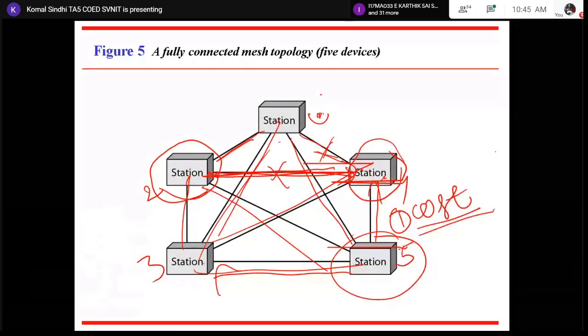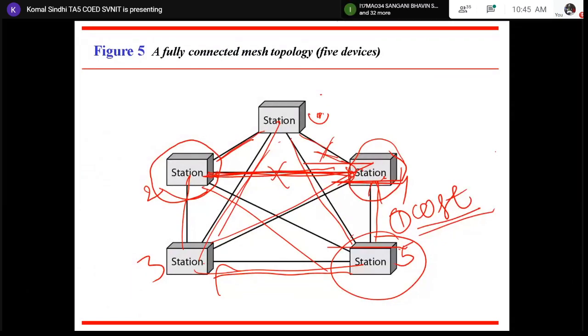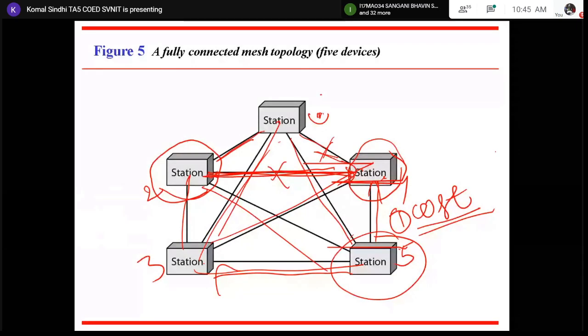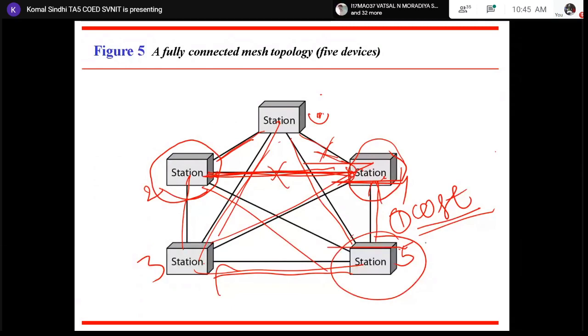Because we already know that to connect n number of stations, we need n into n minus 1 by 2 links, right? So that is a very, very high number of links. And so the installation is also tough, right? In case of bus topology, the installation was quite simple. Here, the installation cost is high, as well as the way of installation is quite time consuming, and you can say it is quite complex, right? Any other disadvantage?